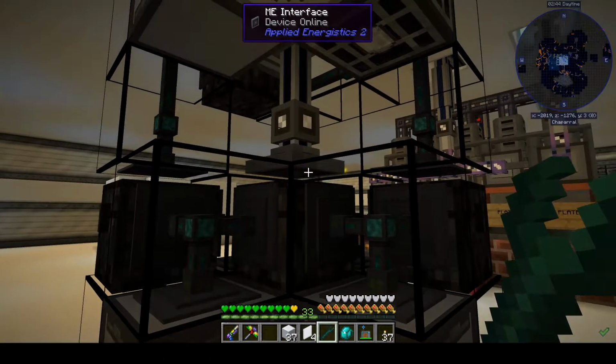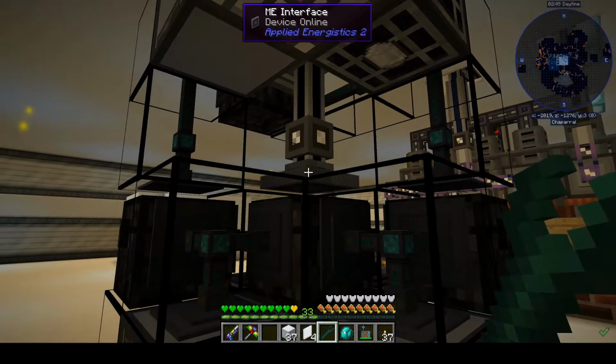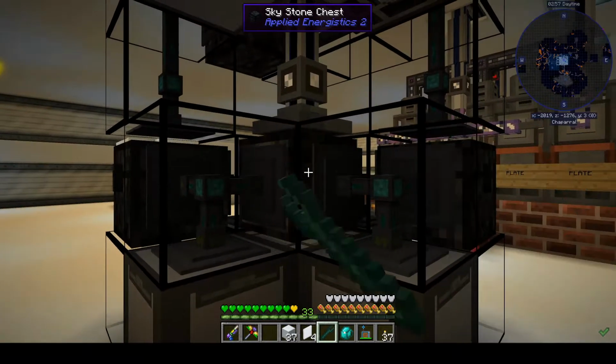So what that does is that when I order up one of those base items, let's say I order up some printed engineering circuits, which are made out of diamonds, it throws diamonds into the